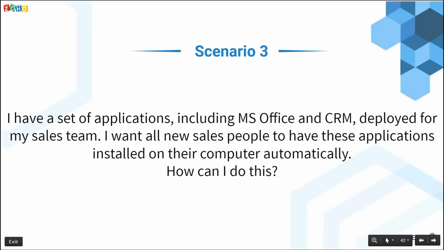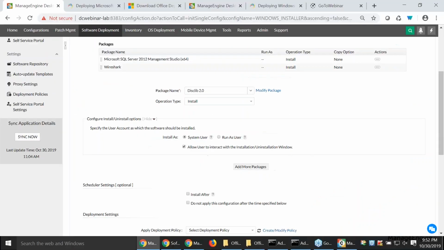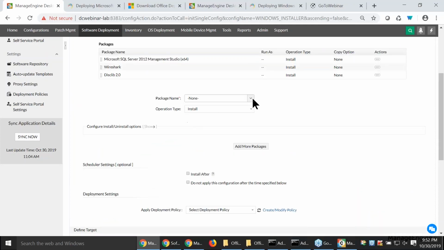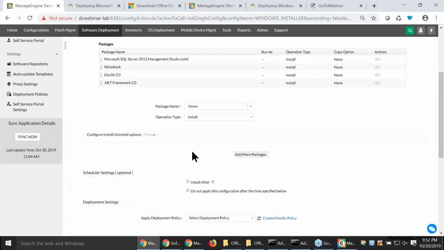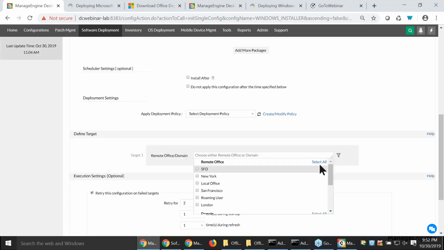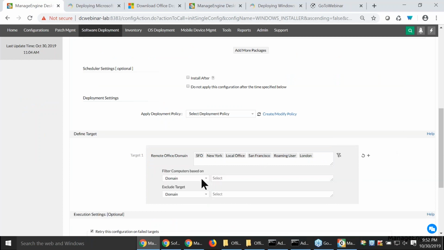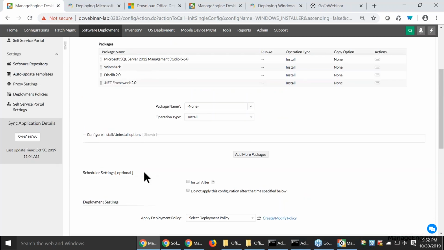The third one is I have a set of applications including MS Office and CRM deployed for my sales team. I want all new salespeople to have these applications installed on their computers automatically. How can I achieve this? So you're going to install multiple packages like this. And when you go for a target, select the sites and target it either as an organizational unit or a group in which all your sales technicians are added. So once this configuration is deployed,